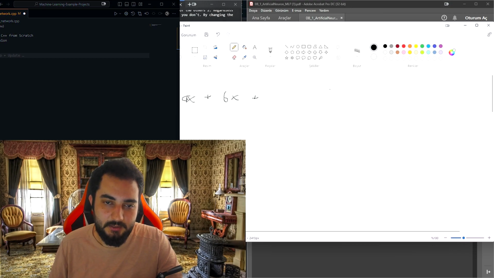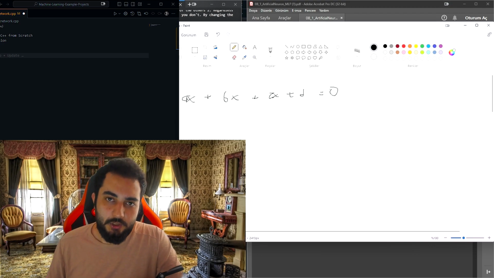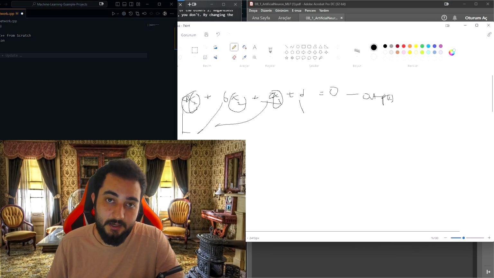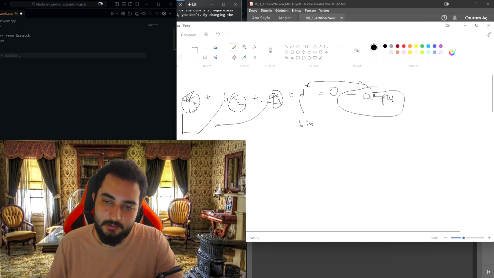I draw very badly. So let's say x1, x2, x3. We know the x1, x2, x3, but we don't know the A, B, C, and D terms. If we say this is the output, it should be equal to the output, isn't it? But I moved the output to the other side of the equation, so D is the bias, negative, minus output